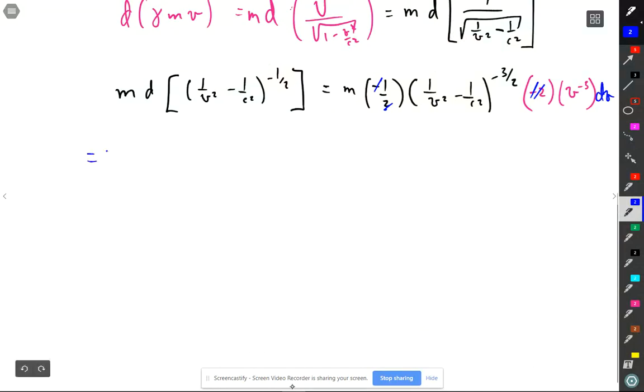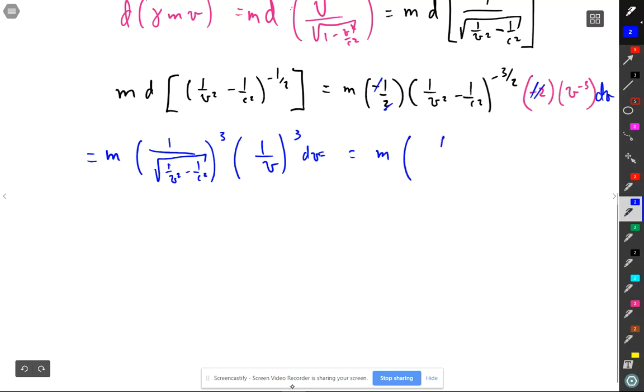So this is equal to m times that cubed times that cubed, and then dv, don't forget the dv. Bringing those together, that's equal to m times